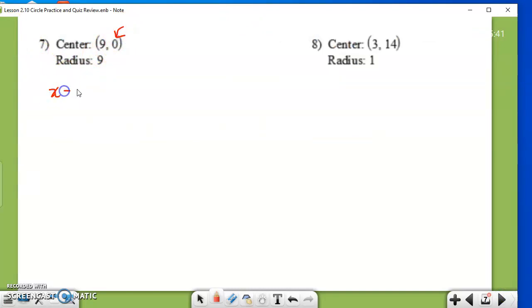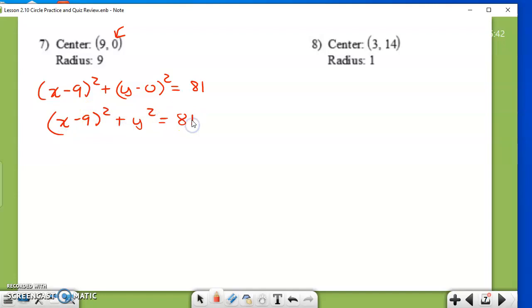Remember, I'm still just going to have x minus 9 squared plus, I could write y minus 0 squared equals 81. That's my r squared. Y minus 0 squared is just y squared. So if I'm going to write it in standard form and simplify, there you go. And then when I follow the algebra to go to general,